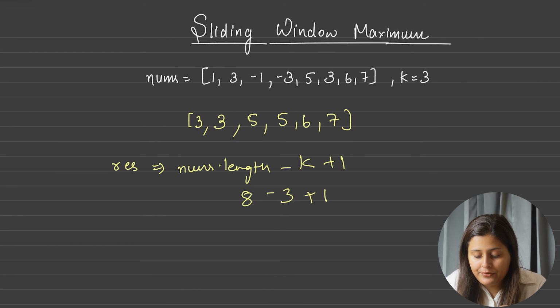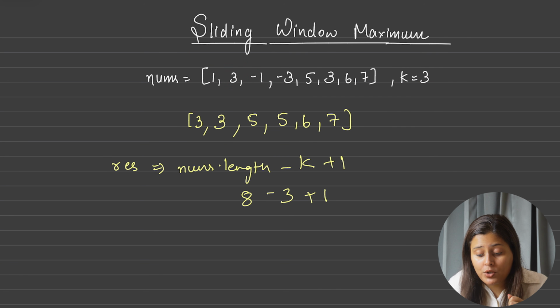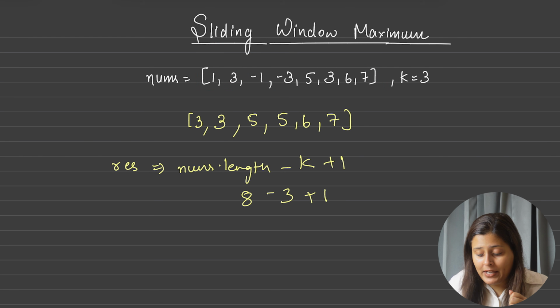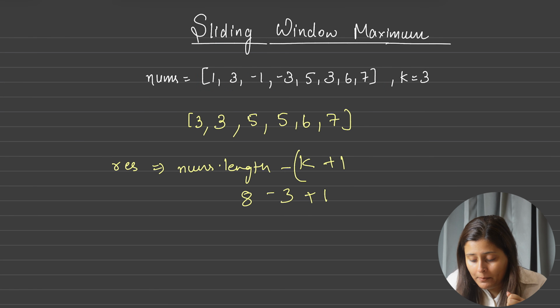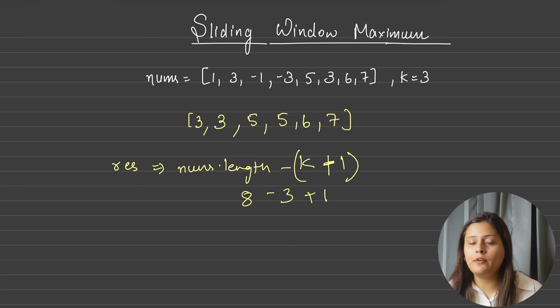So basically if you see the first window, for the first 3 elements I have one answer, for the next I have one answer, and so on. So basically from here I have the answer, and the number of elements for which I don't have the answer will always be k minus 1, at the start. So hence the total length will be n minus k plus 1. So basically from the total length we are not utilizing this k minus 1. When we subtract, we write it like this, k minus 1, correct? And when we open this, it becomes plus and this becomes minus. So hence total length minus k plus 1 will be the resultant length.